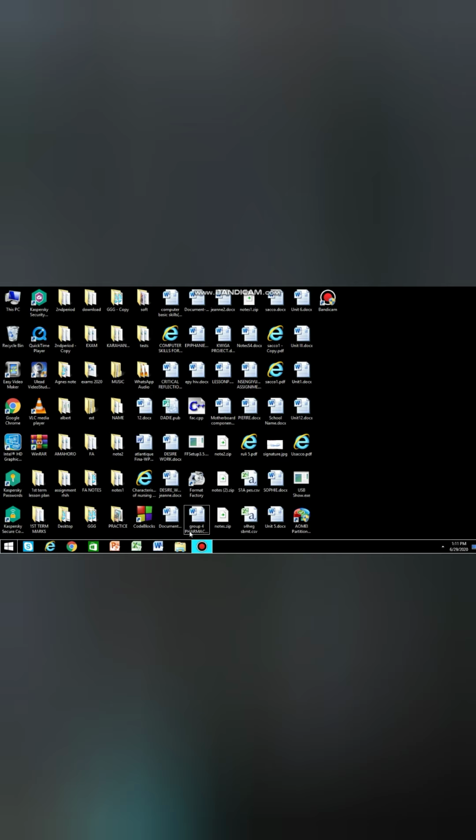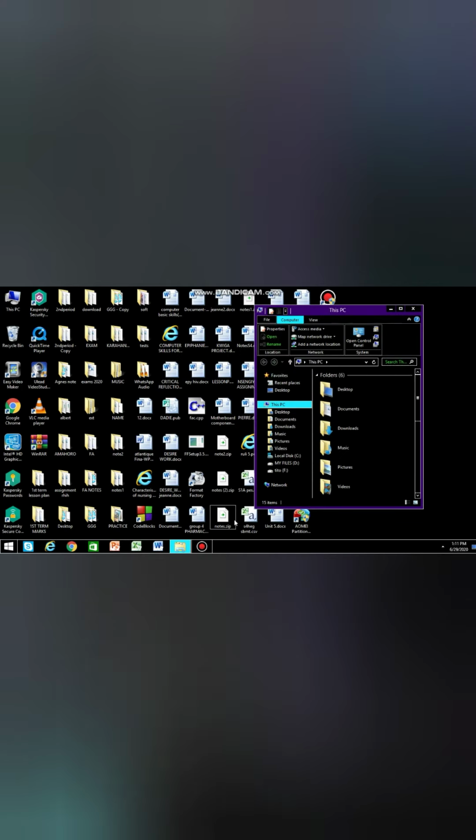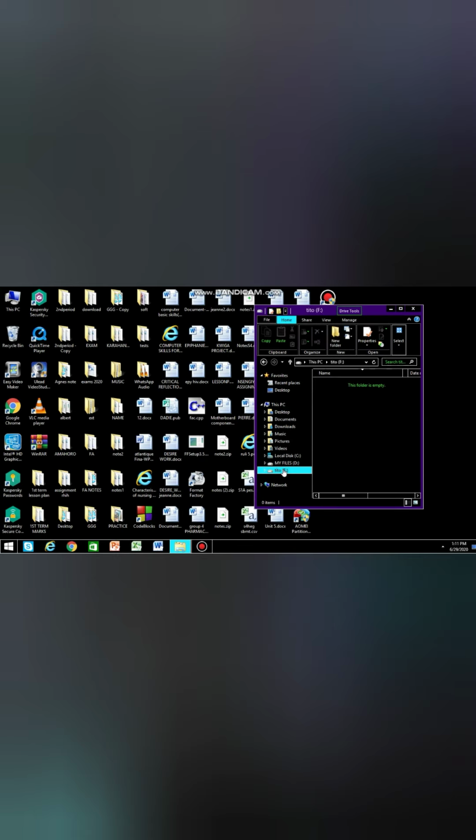You see here we now have 3 partitions: Local disk C, we have my files D, and Tito F. And Tito F is empty because it is the newly created partition.